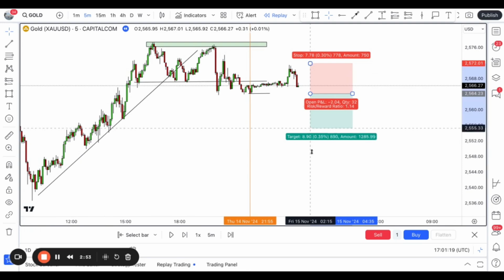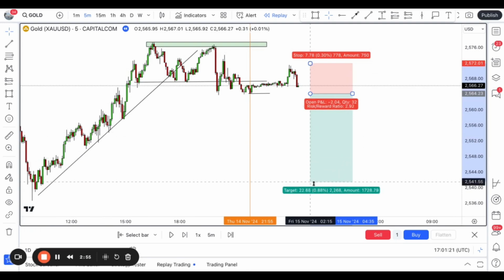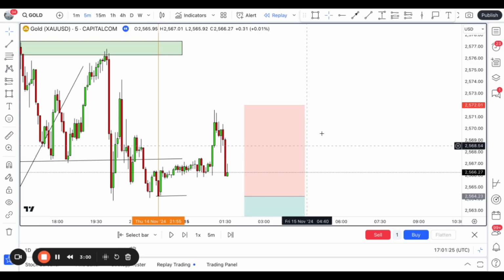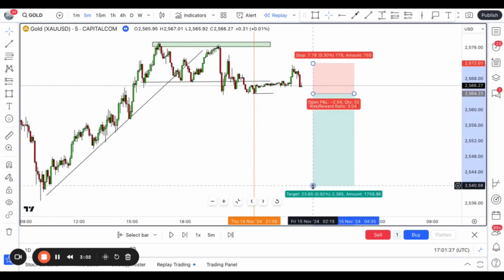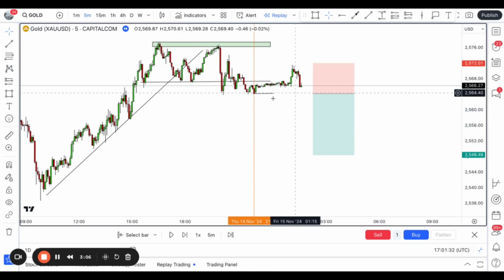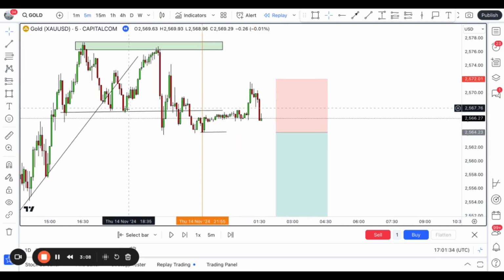So now what I am looking for is to go for a 1 to 2, potentially go for a 1 to 3 to target these lows. I'm going to go for a 1 to 2 to start. 1 to 2, sell stop entry based on the break of this 5-minute structure. Now, sometimes you can do it based on